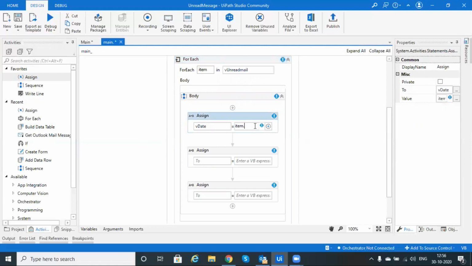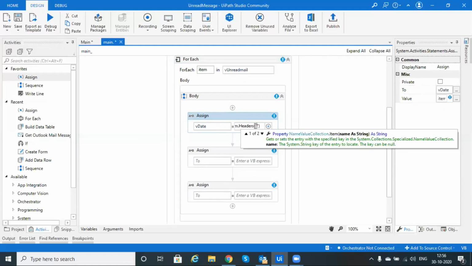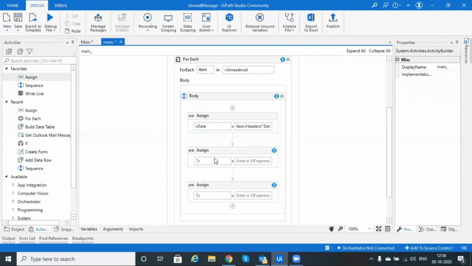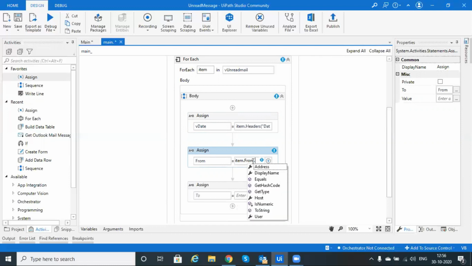Hope right now we'll get Headers and date. After that we will create one more variable for from, item.From.ToString, right?